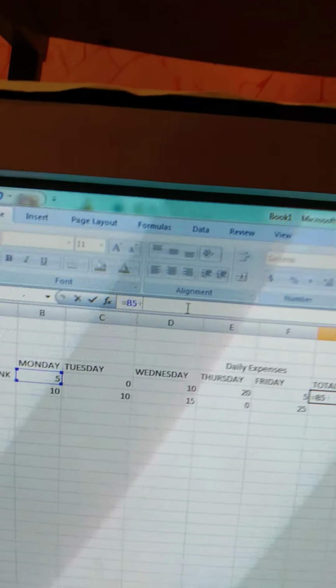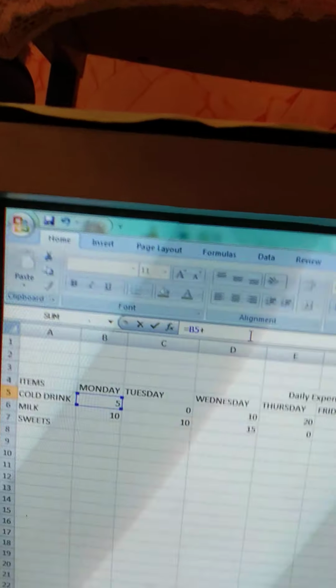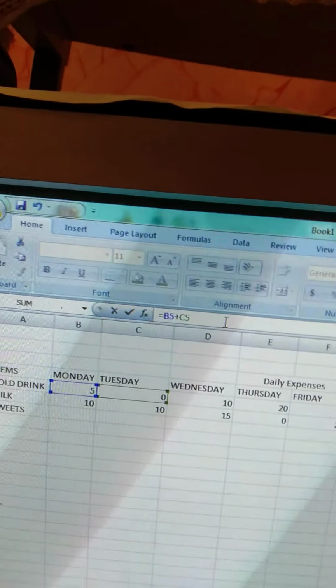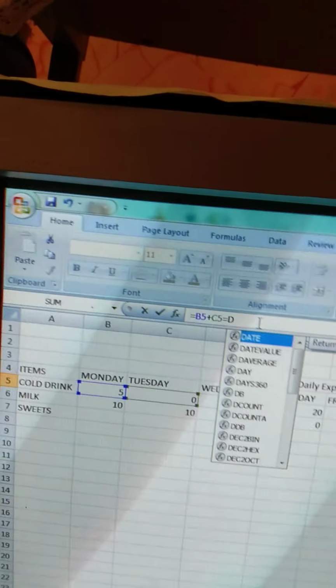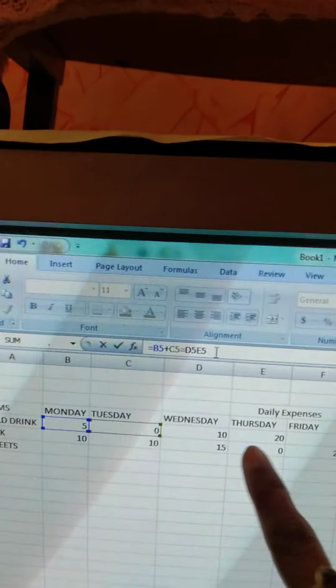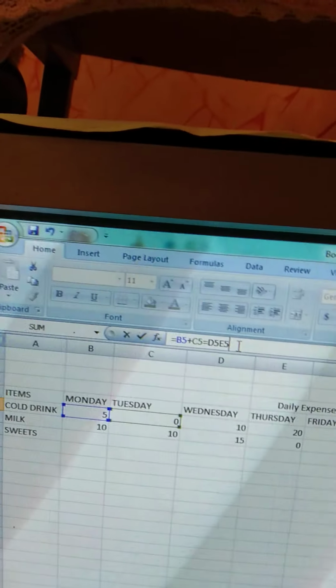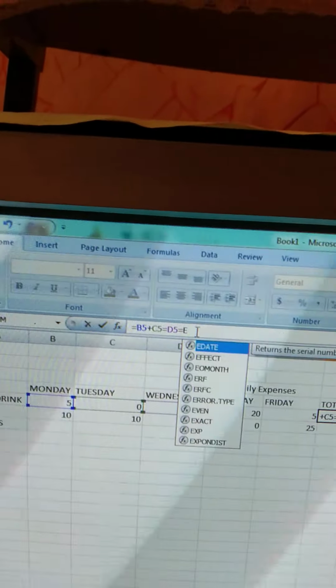B5 plus C5 plus D5 plus E5, and then F, column F, fifth row. Okay, sorry, plus E5